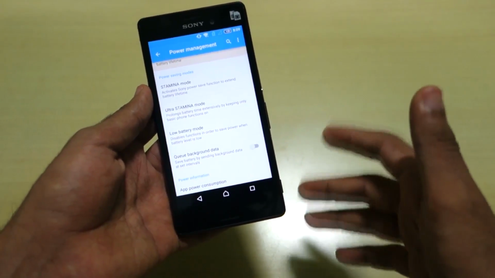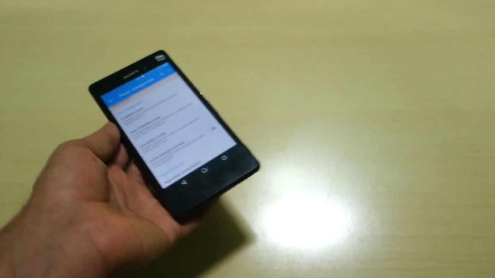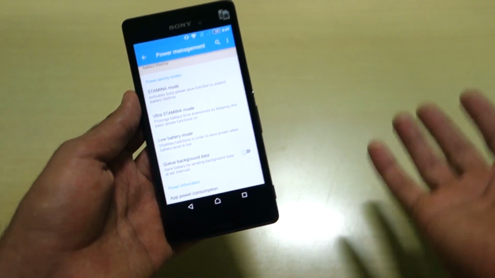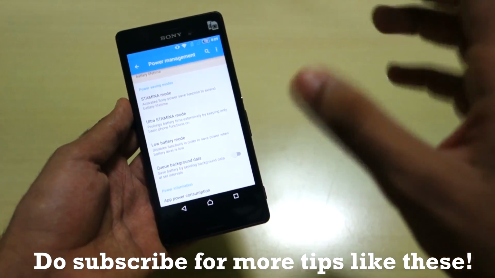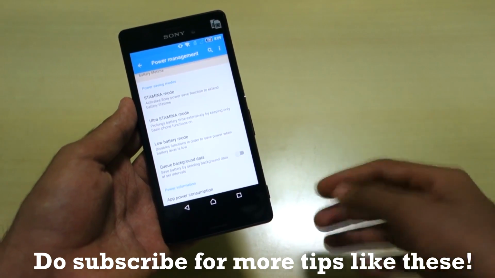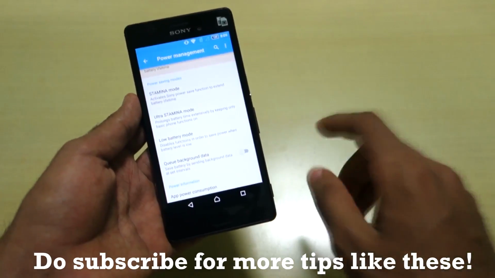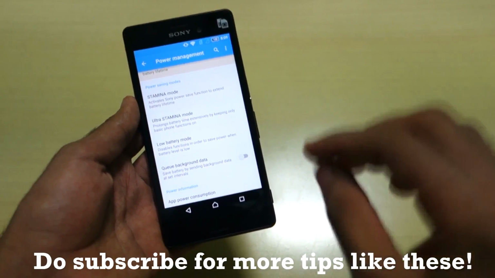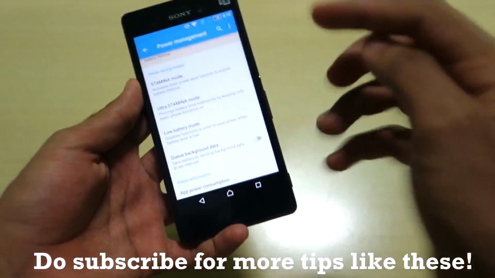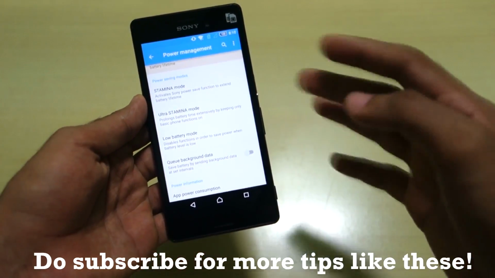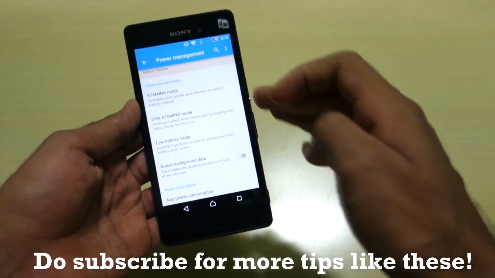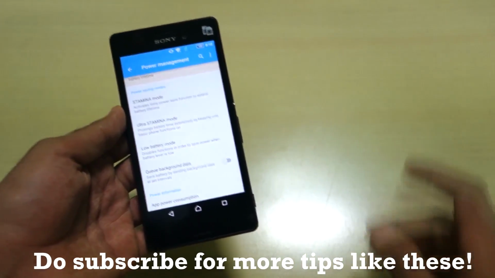Like if you are using WhatsApp, and if you just lock the device and you keep it down, then the Wi-Fi and data pack will be turned off. So because of that, you won't receive any notification of WhatsApp, so do keep that in mind. But stamina mode surely increases battery, and it is very helpful, and you can surely rely on stamina mode and you will get through a day without having any issues if you have stamina mode enabled throughout the day.